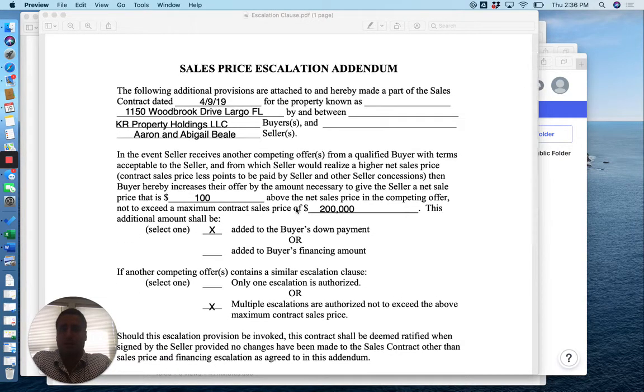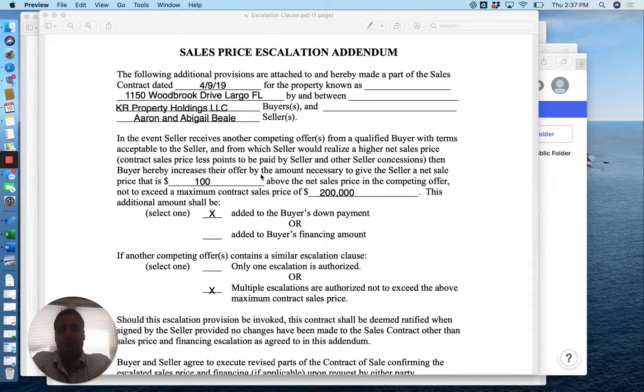So basically, in a multiple offer situation, let's say the listing price is 150 grand. You know it's going for over ask, but you want to get an offer in anyway. You can basically lock in your ceiling without possibly paying up to that ceiling, based on the other offers that are coming in. So basically, what this does is it tells the seller that you will agree to pay